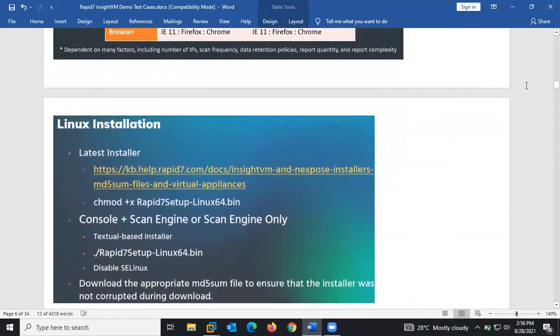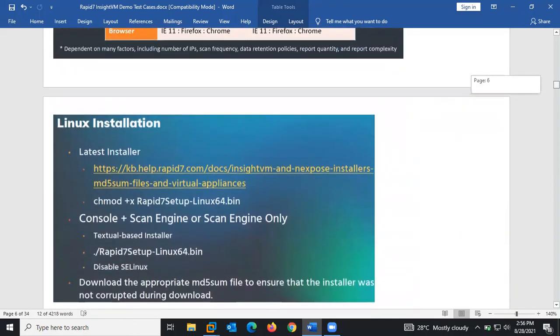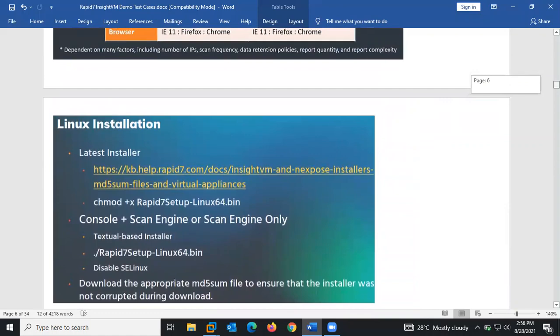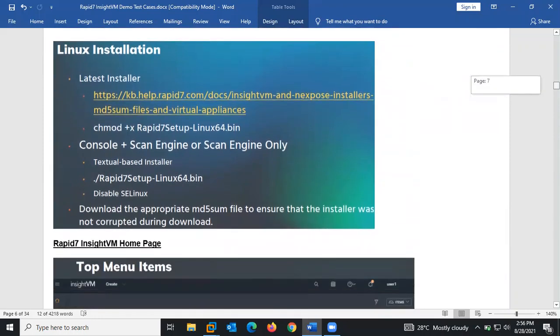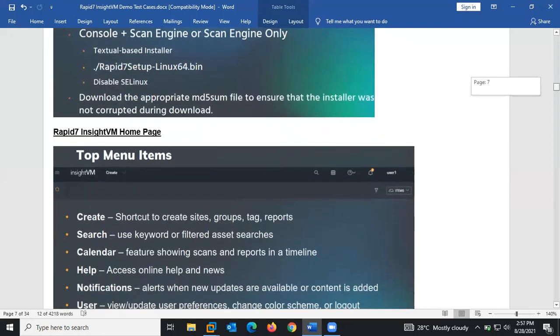On the Linux environment, we can install Rapid7 either on a Linux server or on a Windows server. It has both a Linux installer and a Windows installer. This is just a high level of how it is installed on a Linux server. After downloading the setup file, we change mode, then we run the setup. The next one would be